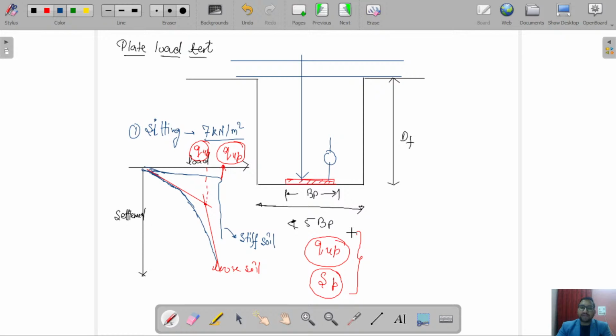Similarly, we have a correlation between the settlement of plate and settlement of foundation. Now, based on the type of soil, suppose it is a cohesionless soil, or sand. Let's first take clay. If soil type is clay,